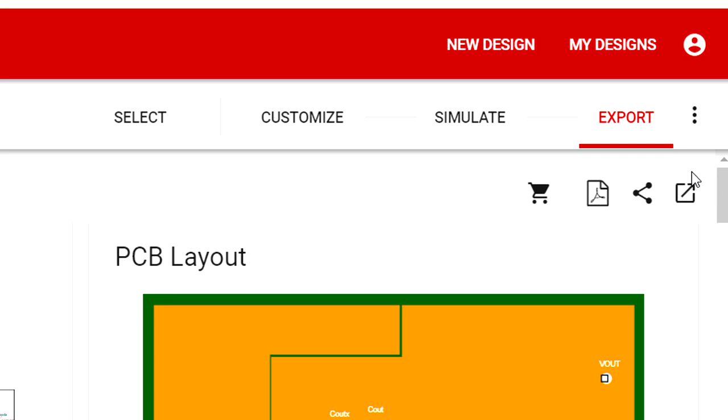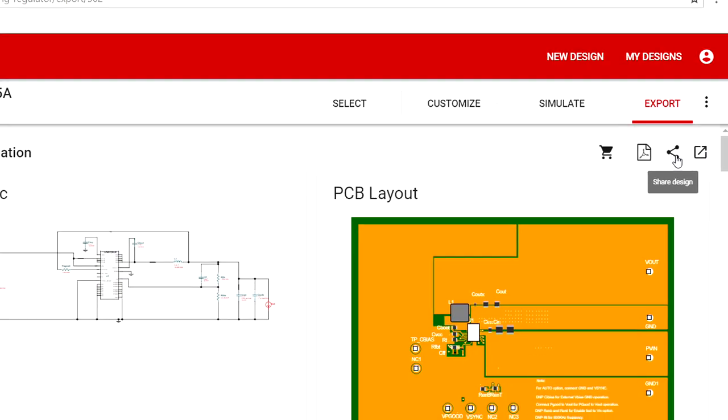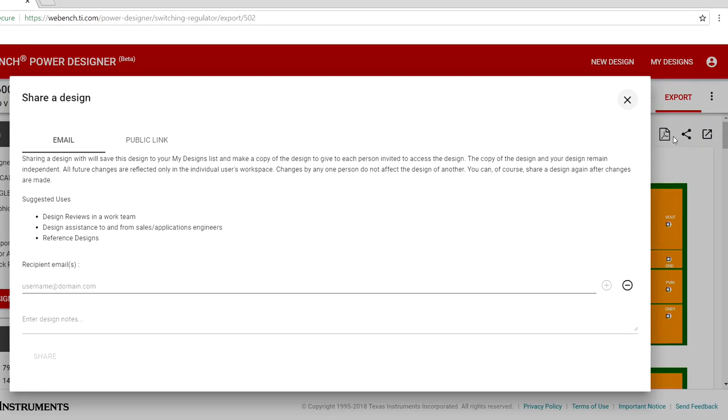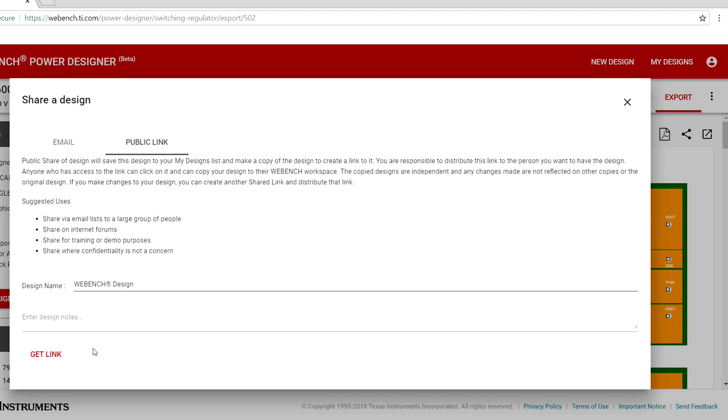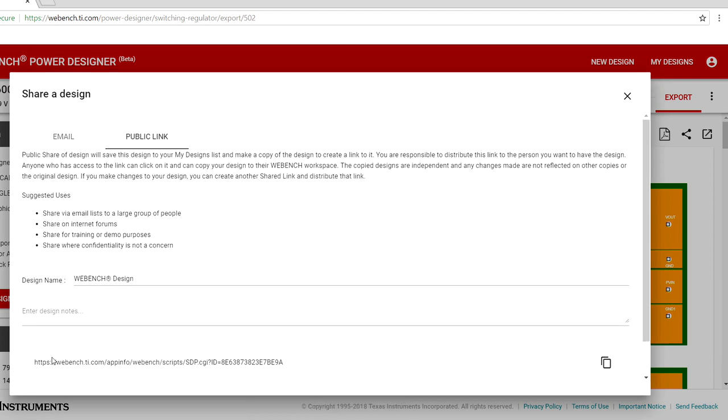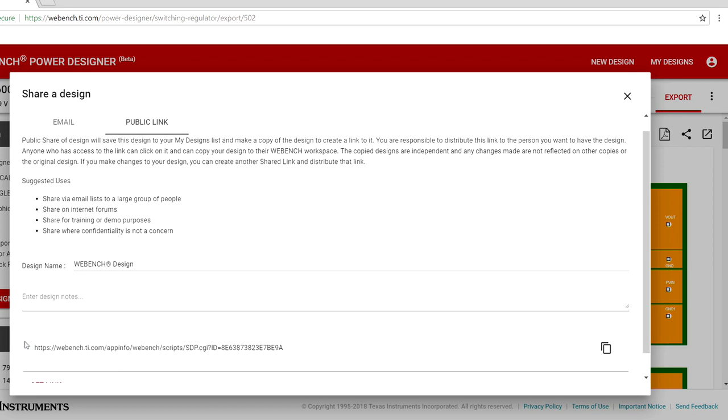So we click on the export button. Now, I'll bring your attention to a few handy icons on the top right. We'll start with this share button. Now, this gives you the ability to directly email to peers. You can type in multiple emails with a note or create a public link. By clicking on Get Link in the lower left, you just sent yourself an email with a public link. You have a link shown here that you can just copy and paste, or we provide an icon to the lower right which copies it directly over to your clipboard.